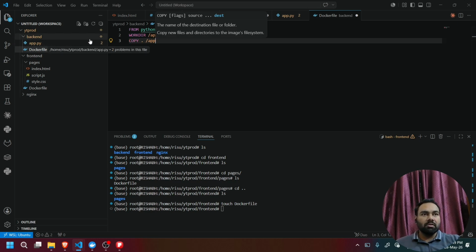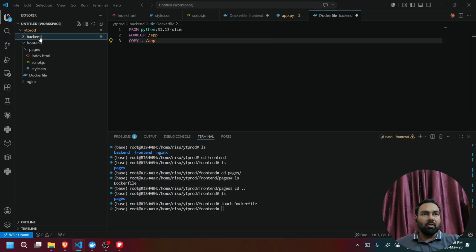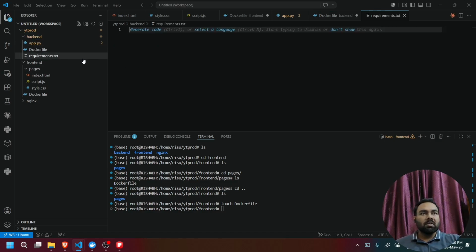I will also create one requirements file which will have all the libraries I have used, like FastAPI and Pydantic. So I will write inside this requirements.txt, and inside requirements.txt I have to give FastAPI,